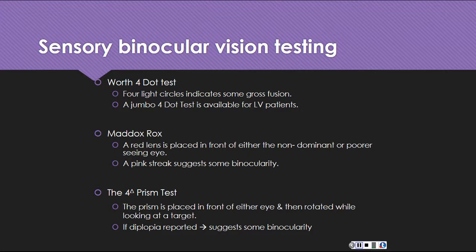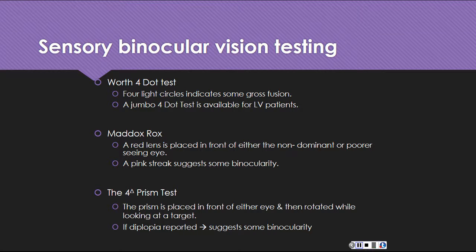We also can use the Maddox rod. We use it in a little bit different fashion than what you do in primary care. What you do is put a red streak in front of the non-dominant eye or the poorer seeing eye. There's a little bit of a difference there. Sometimes patients lose vision in their dominant eye, and that can cause a little bit of difficulty with rivalry or doubling of vision. But what you want to do is put that Maddox rod in the poor functioning eye, and